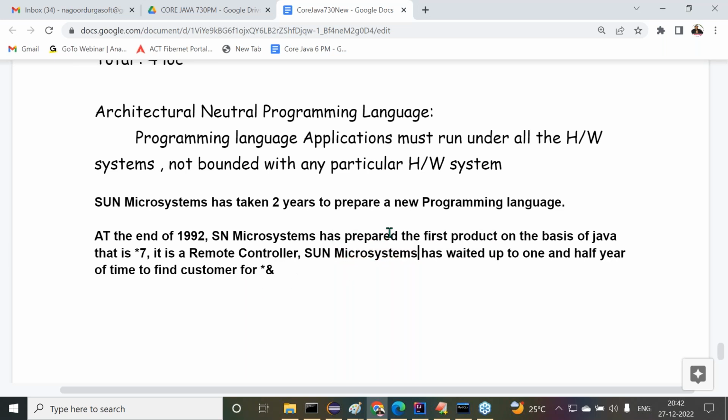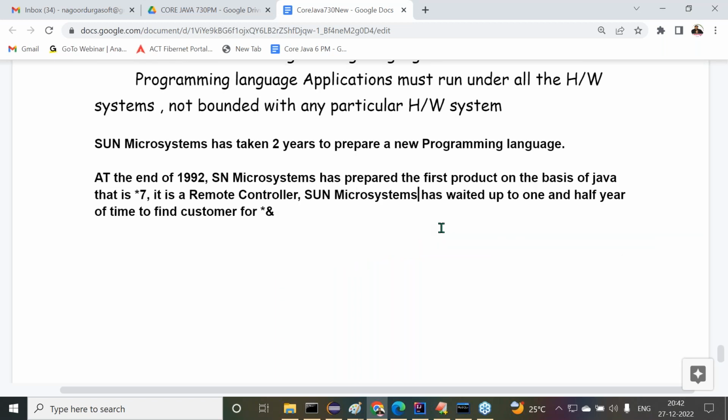Guys, observe carefully what I am telling. To take this Star 7 product, Sun Microsystems waited nearly 1.5 years to find customers, but no customer was identified.